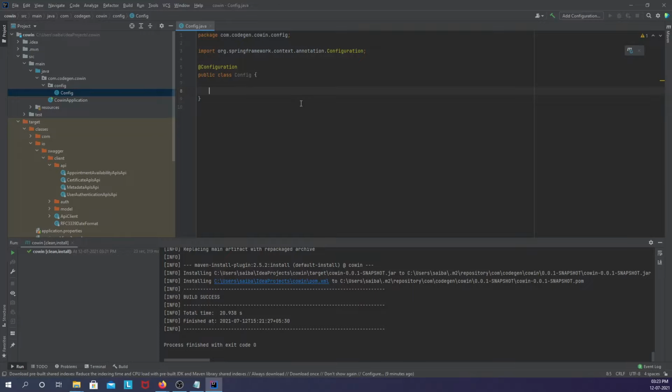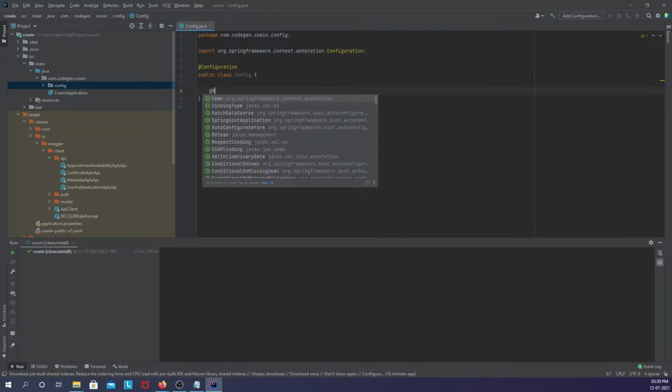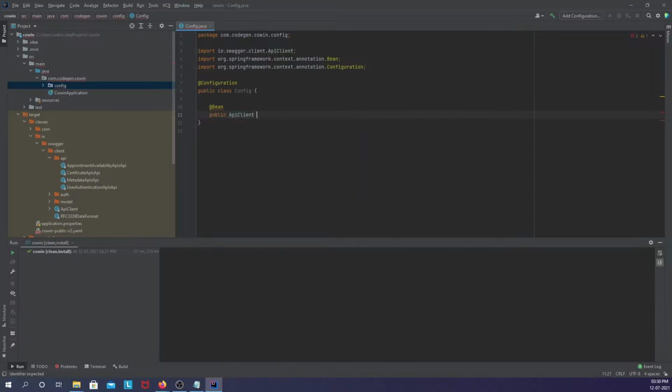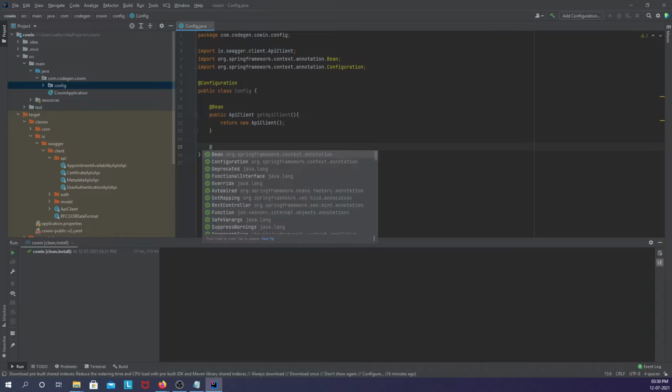The next thing I need to do is register and bind these API client and API classes. Okay, we have registered the API client as a bean.